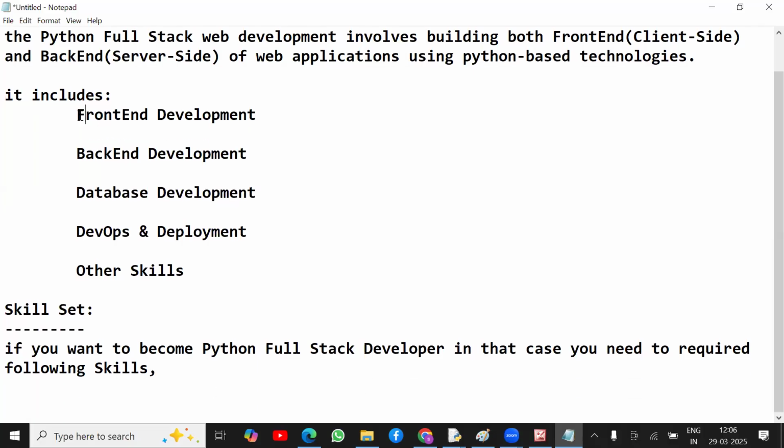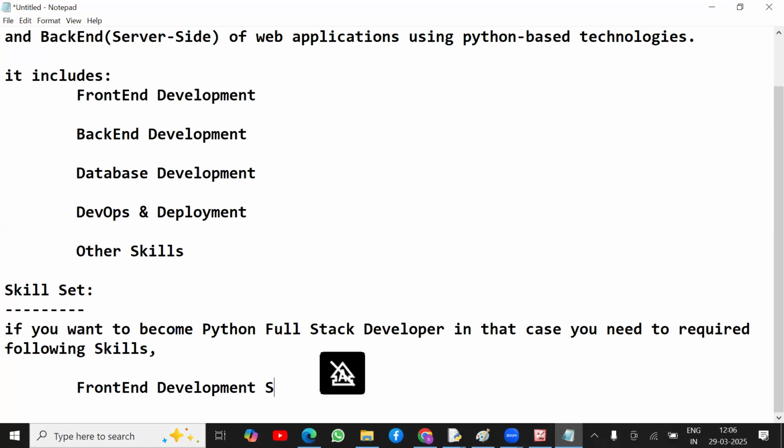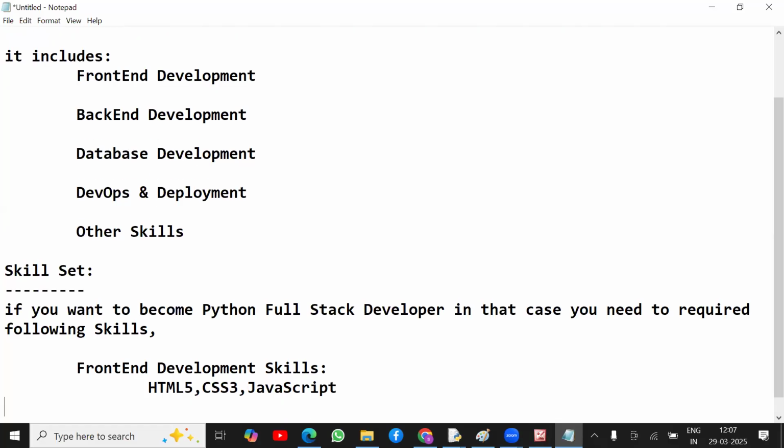If you want to do front end development, front end development skills are required, like HTML5, CSS3, JavaScript, and JavaScript related libraries and frameworks, like jQuery, React, Angular, Bootstrap,